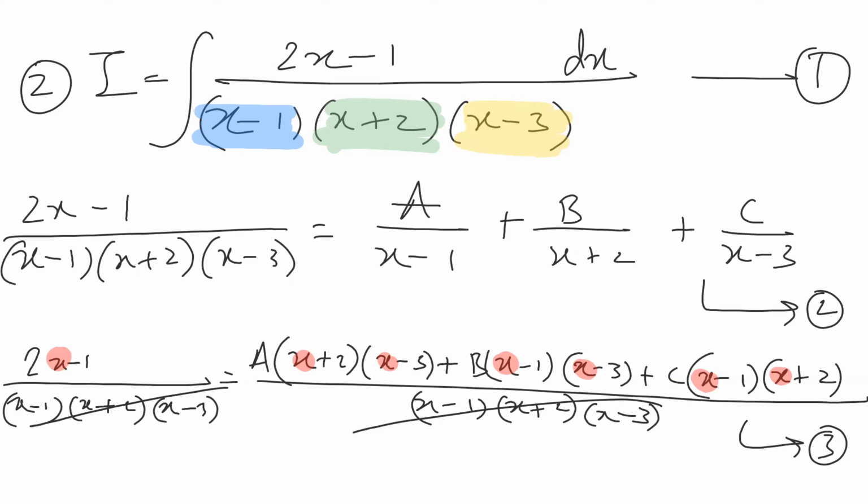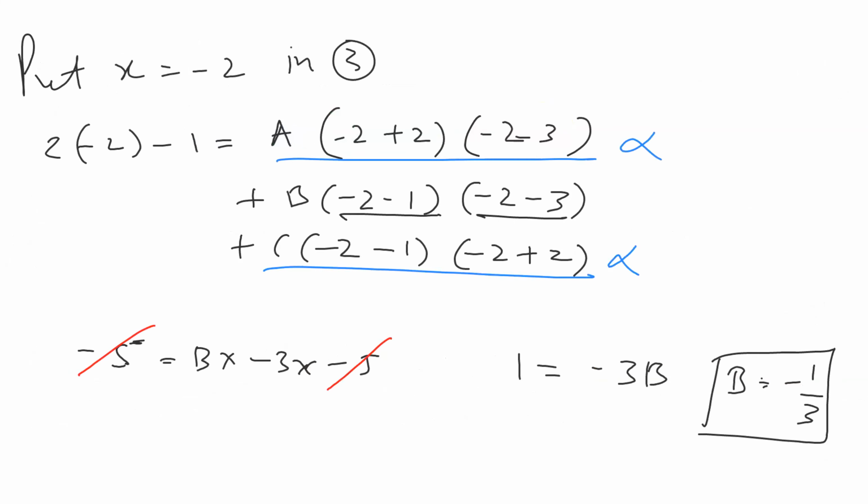If you equate this to 0, the value of x that you get is 3. The x value is 3 when you equate it to 0. Compulsorily you have to equate it to 0. Okay, so